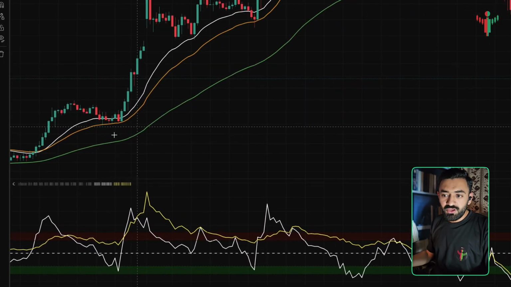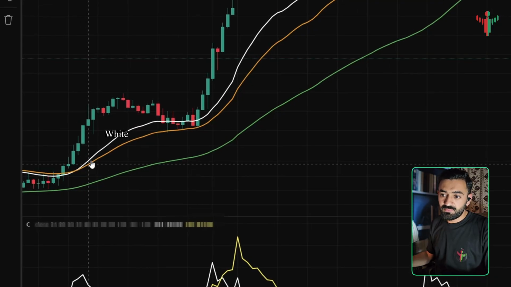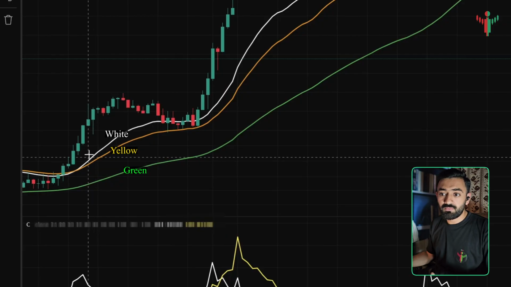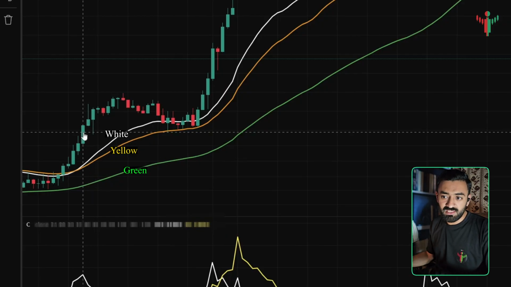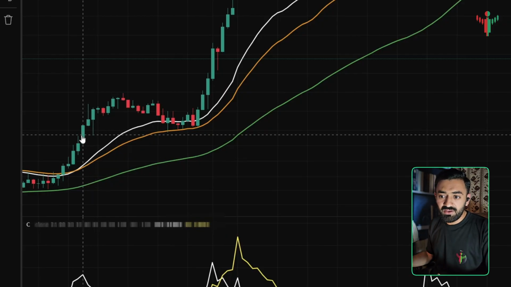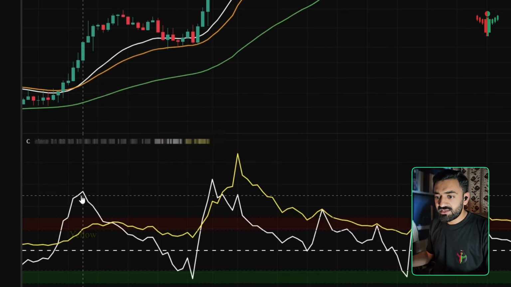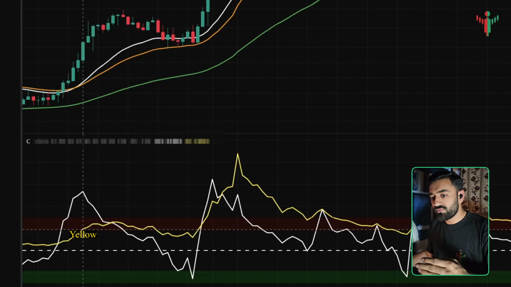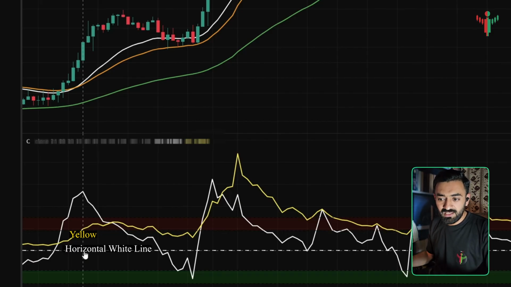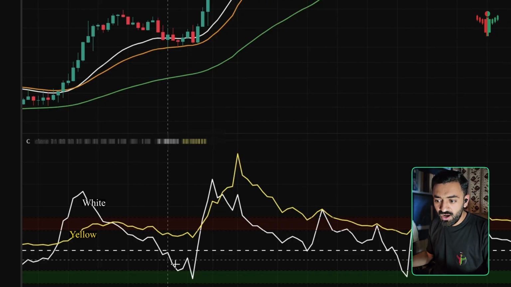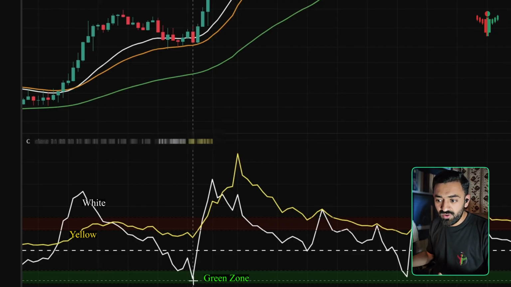So here on the screen you can see, to open a buy trade, this white line must be above this yellow line, and the yellow line must be above this green line. The price must be above all these lines. Once all these align, we will go to the CCI indicator here, and this yellow line must be above this horizontal white line. After that, we will wait for this white line to go down, touch this green zone, and